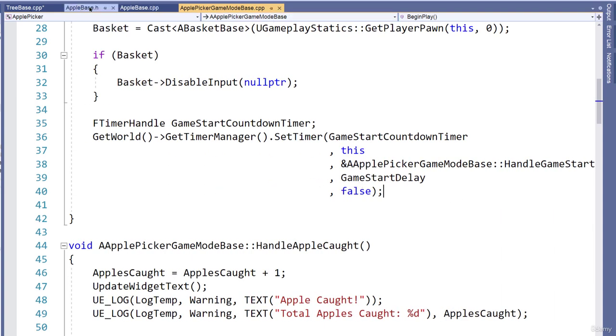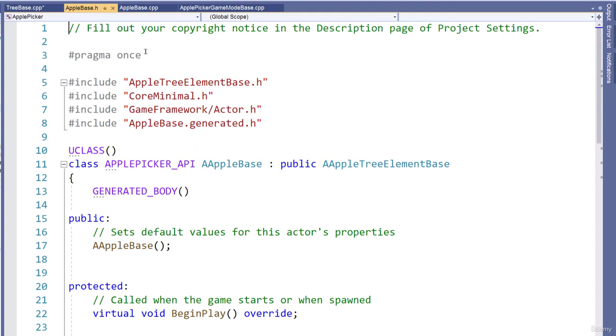Alright, and also one more example here in a header file. I mentioned I use pragma once. You will notice that that is also default if you code in Unreal Engine here. A couple more things, don't mind all of these macros and stuff. If you are not familiar with Unreal Engine, these might be a bit strange to you. Don't worry about that. If you're interested, go and study the Unreal Engine modules. We can see that we do public inheritance here. This publicly inherits from something called Apple Tree Element Base. Notice that we have to include the header for that. But if I scroll down,